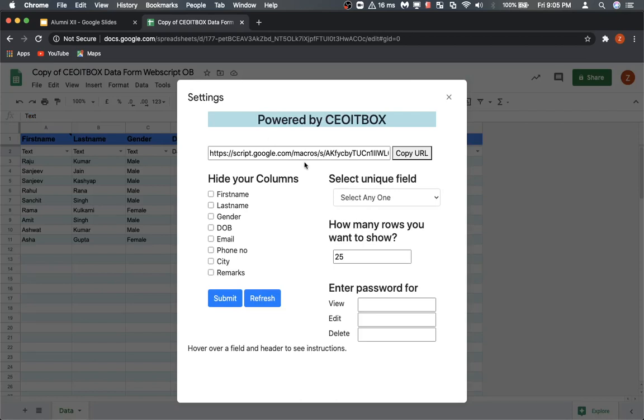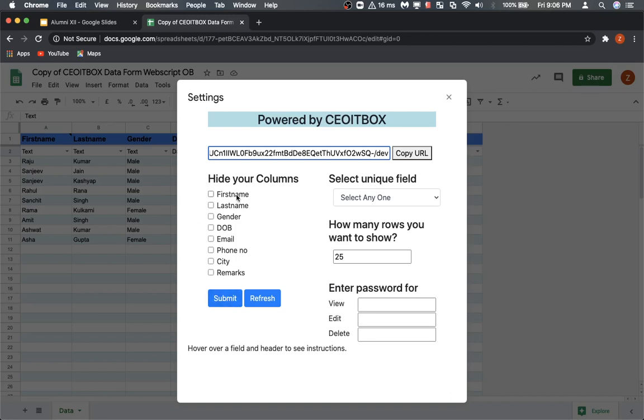Now this is the link to the script, but this link is the admin link only. This can only be used by the administrators. This link is only available to the people who have the editing right of the sheet. For the other users, I will tell you how to generate the link. This link will not work for other users, so it has to be generated in a different way because we don't want to give them permissions of the sheet.